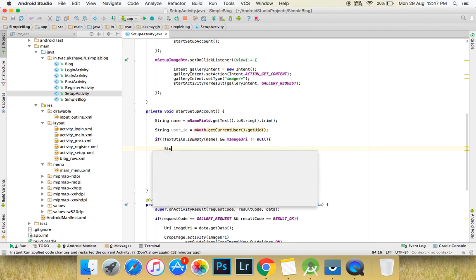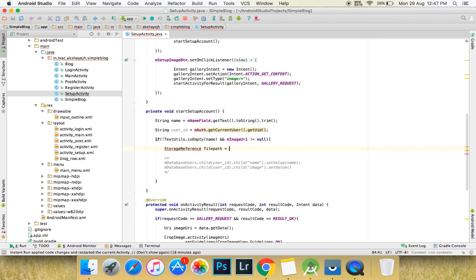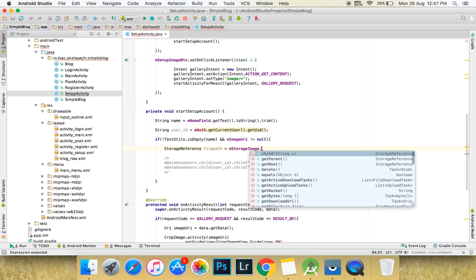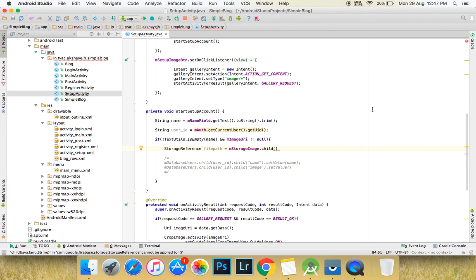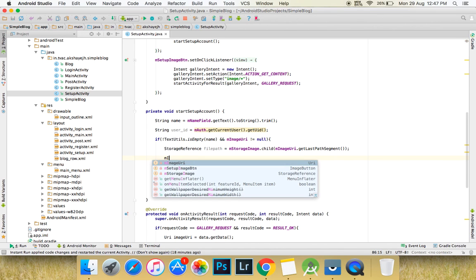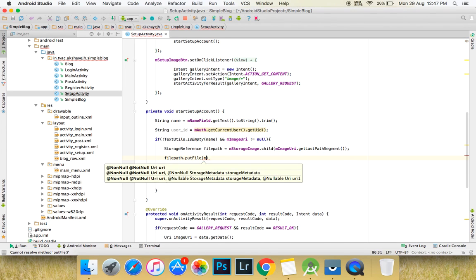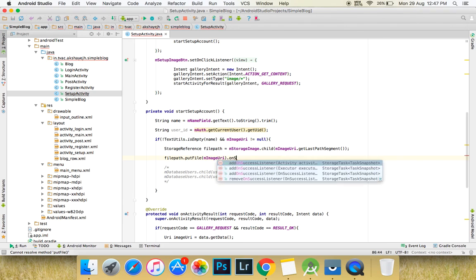So storageReference filePath equals storageImage.child, and this is actually going to be the name of the child, the name of the object we are storing. So right now let's just set it to the image that the user is selecting, and then we're going to change it to random in the next part. So what we are going to do, imageUri.getLastPathSegment(). Then we have filePath.putFile, and this is going to be imageUri.addOnSuccessListener,